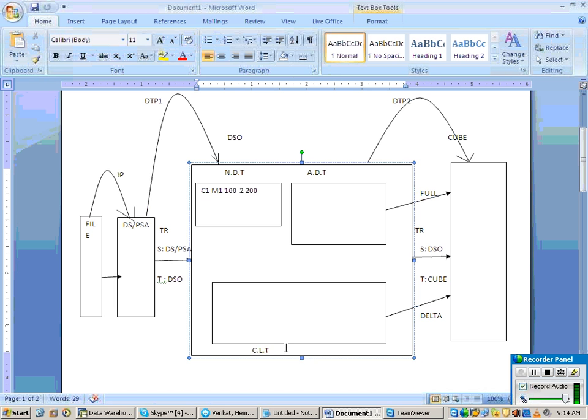That means the change log table of your DSO will be maintaining the images. So clear what is the purpose of using a change log table: to maintain the images.